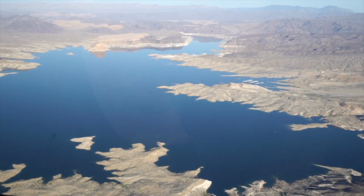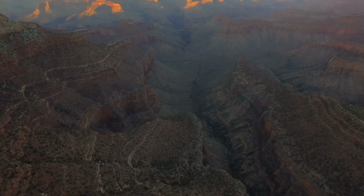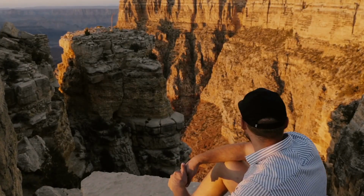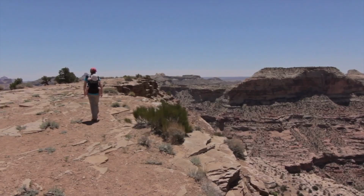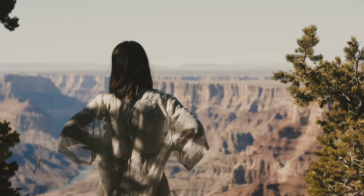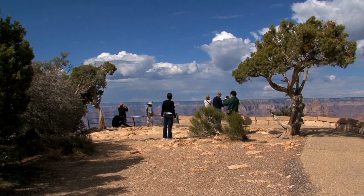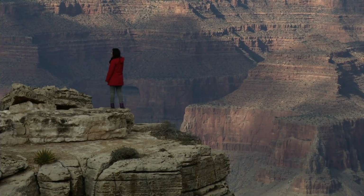The South Rim will be the most geographically proximate to Sedona for this itinerary, and it tends to be more breathtaking as well. With several stunning overlooks along the Desert View Drive, I headed there in the afternoon, which gave me plenty of time to stop at most of the overlooks on my way to Yavapai Point. I highly recommend stopping at the less popular, lesser-known overlooks on your way because they're often even more spectacular than